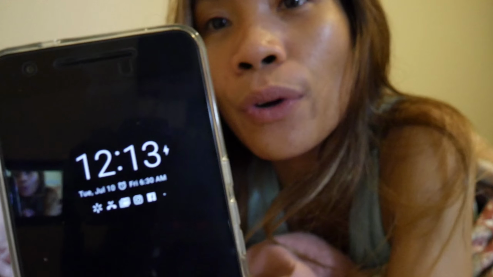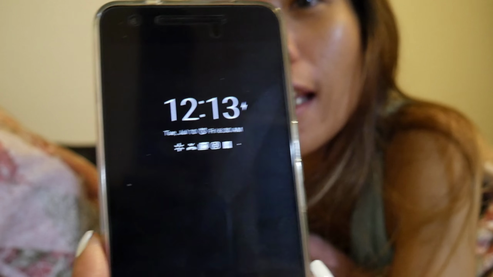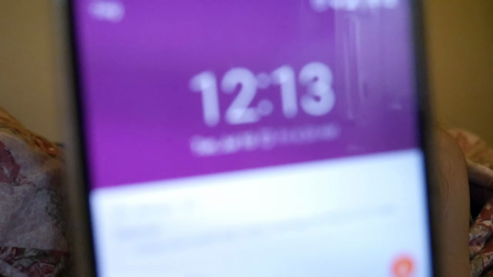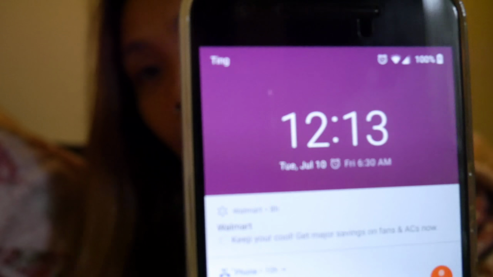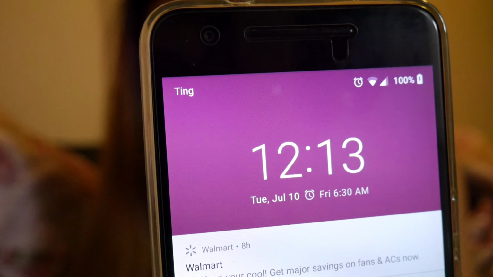So, today is 12:13. Alas 12 na ng gabi dito. Come on, camera. Okay, focus. There you go. Hindi pa ako inaantok eh.